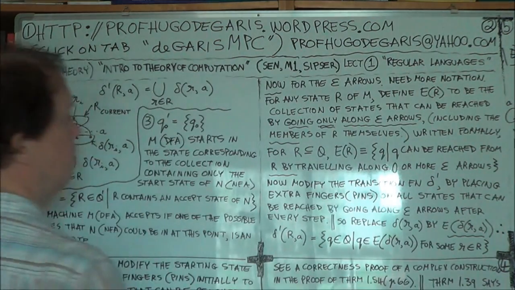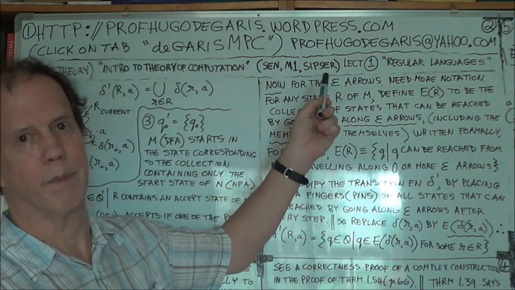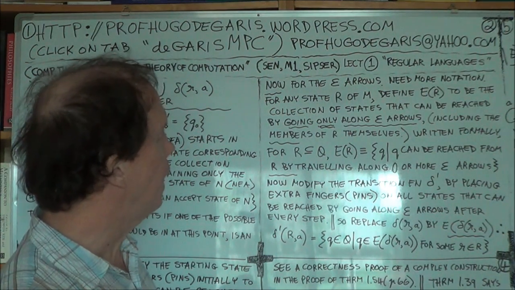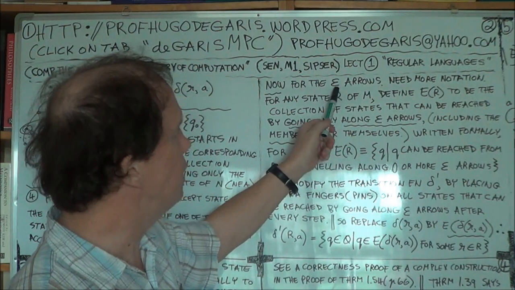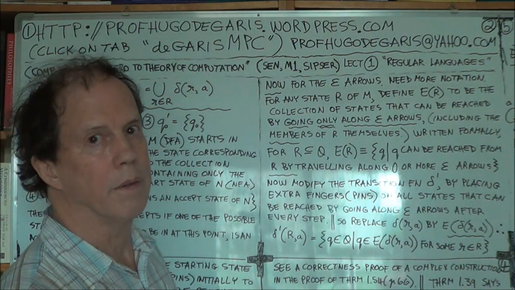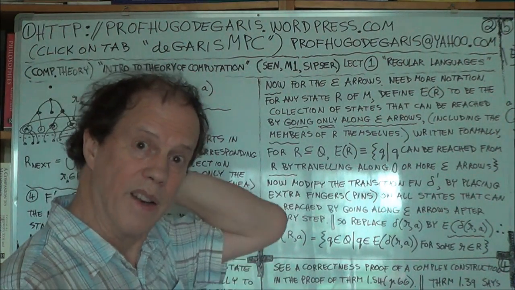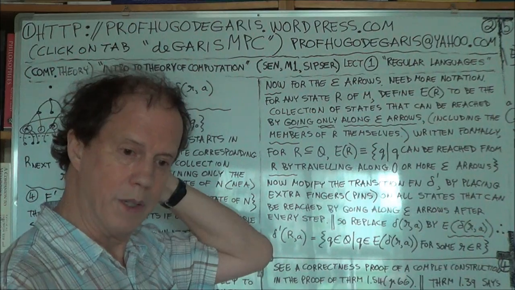All right. Well, that's a bit long-winded. Now, can you remember in the proof we split it up into two, the easier part and the harder part. The easier part did not include these epsilon arrows. Now we need to go back and do the second part of the proof. So we modify what we did in the first